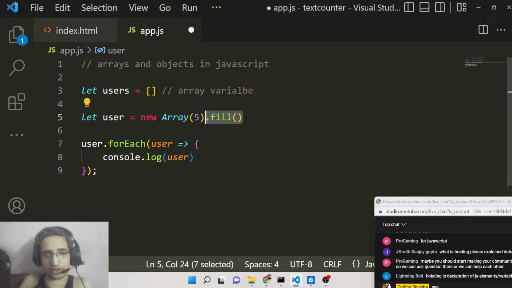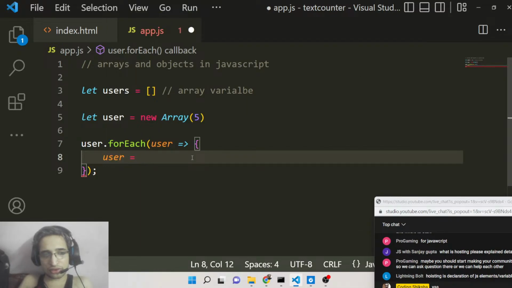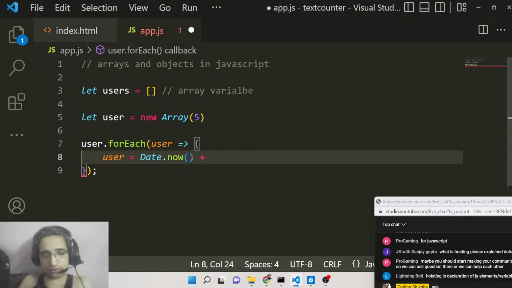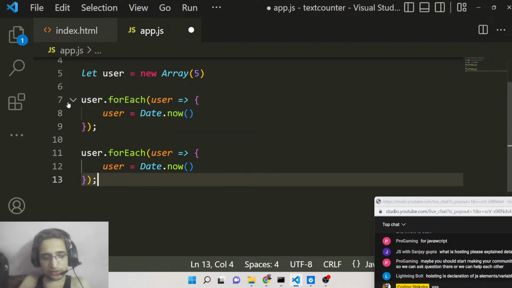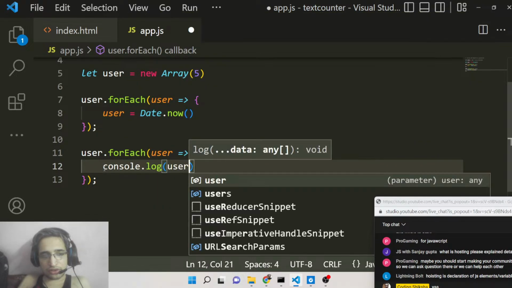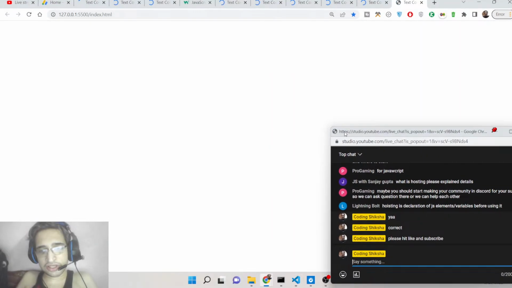So basically here we can fill it out. Let's suppose we have an array here, and basically we can initialize the user to Date.now plus, like this. So now if you try to access the array, basically this will contain random values. If you try to console log user, the first array is used to initialize the values, guys, then we are printing out the values. So if you try to now run this application,